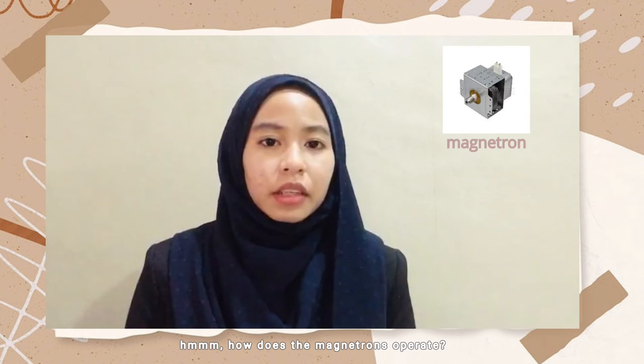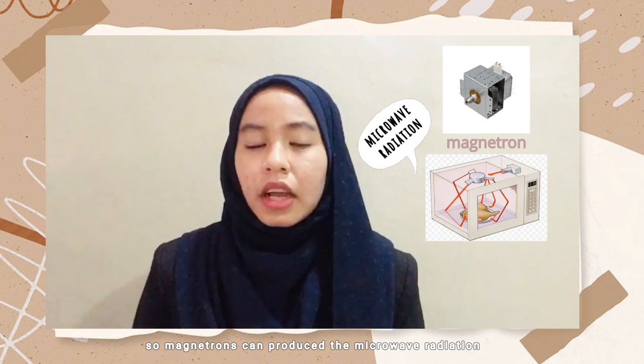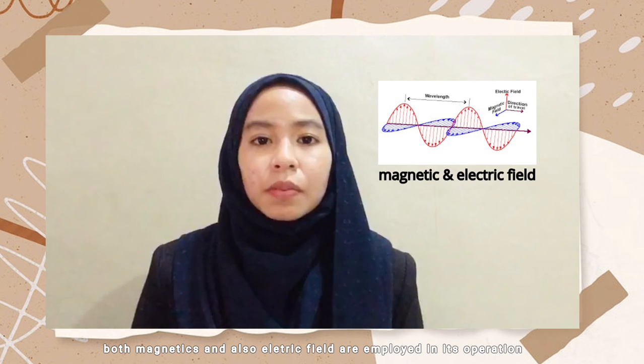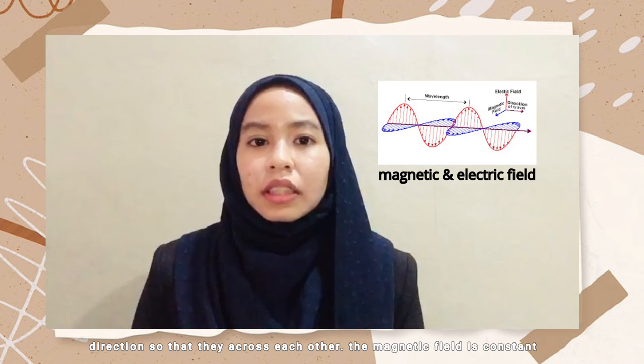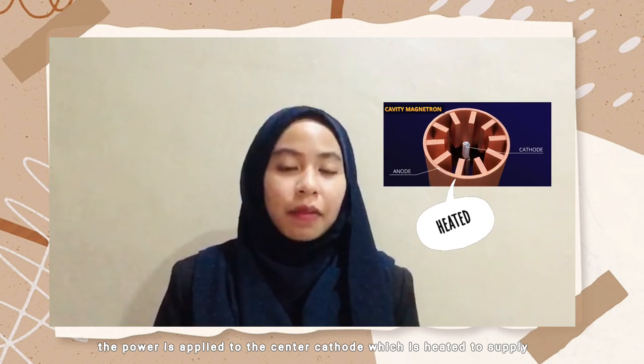How does the magnetron operate? A magnetron can produce microwave radiation. The magnetron is called a crossed-field device in the industry because both magnetic and electric fields are employed in its operation. The magnetic and electric fields are produced in perpendicular directions so that they cross each other. The magnetic field is constant and applied along the axis of the circular device illustrated. The power is applied to the center